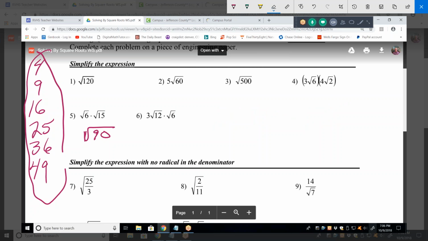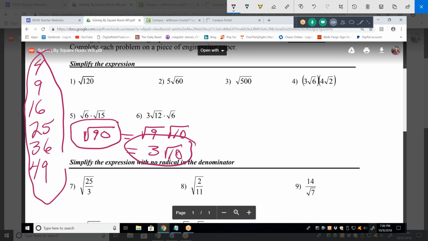Now, 90 does have a perfect square factor. Isn't it 9? Yeah, square root of 9 times square root of 10. So this thing actually does simplify to this, and yet neither one of them simplified. So sometimes you have to do the multiplication and then just start the problem from there. Now, if we go up and look at 4,